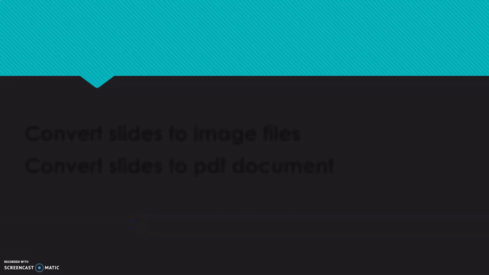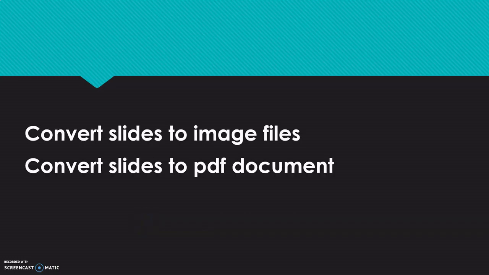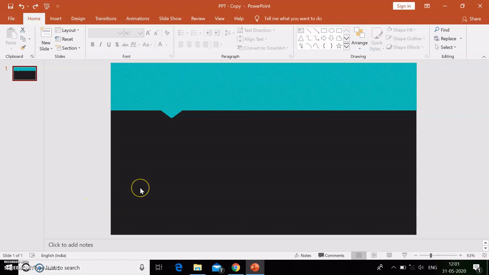Now let's see how to convert your PowerPoint slide to an image file like JPEG or TIFF or a PDF file. It is a very simple process, and this feature is available in higher versions of MS Word like 2013, 2016, etc. This will be useful to prepare image files, say a title slide to a video you create or even a brochure. Now let's see how to prepare a brochure using a PowerPoint slide.